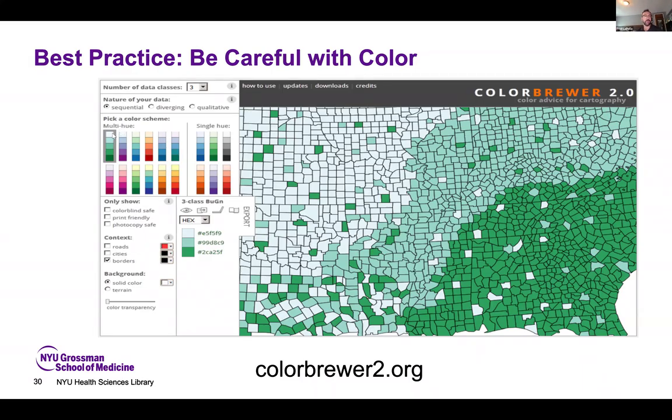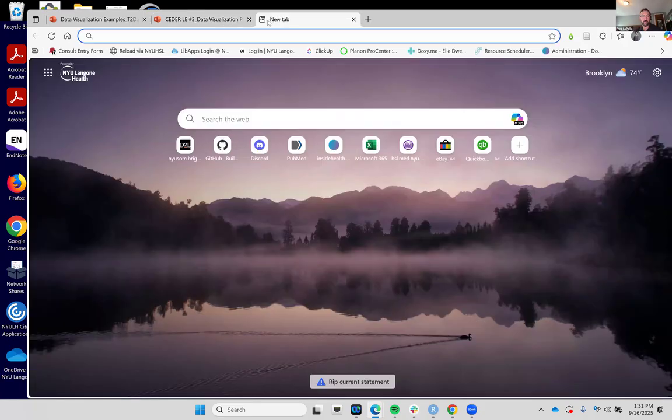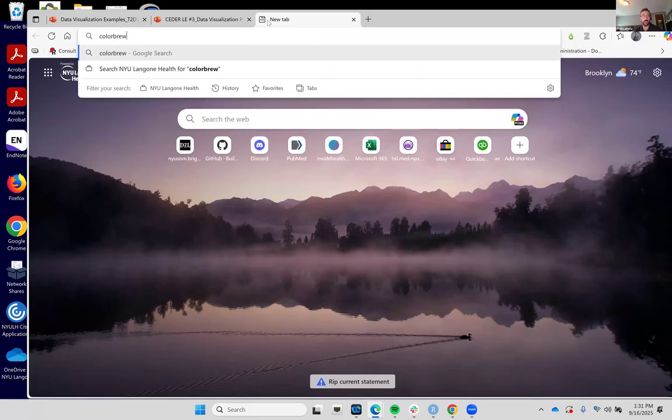So sequential meaning from essentially very pale green to dark green. Diverging would mean something like blue to red, for example. That can be very helpful. Then the other thing I find really helpful, I'll just actually go to the site rather than show you a screen grab. Color Brewer 2.